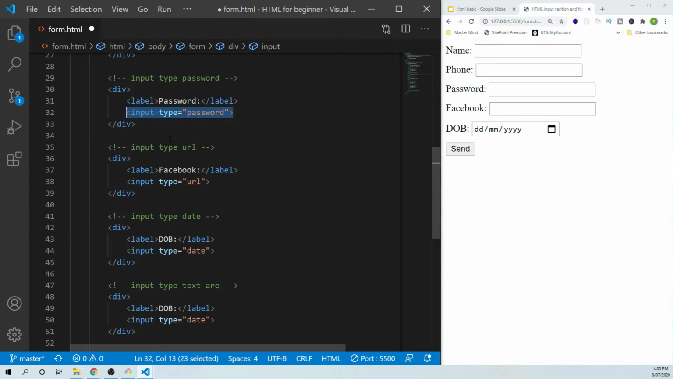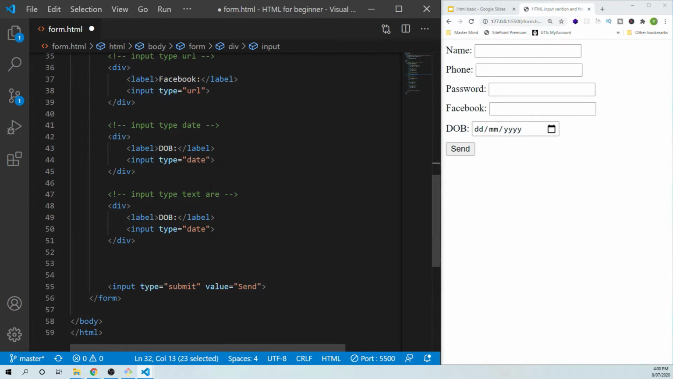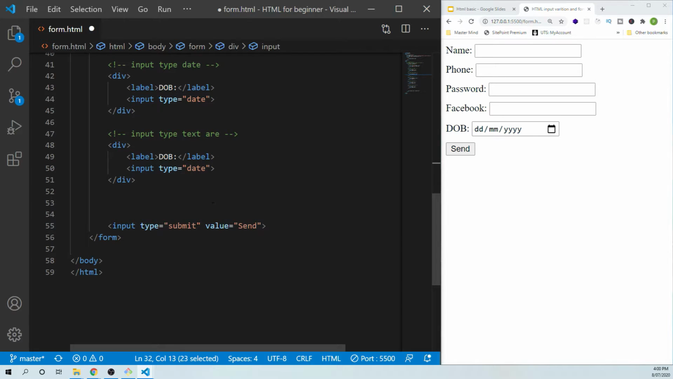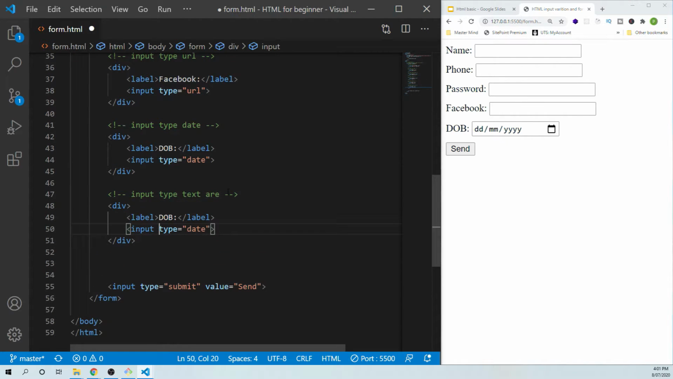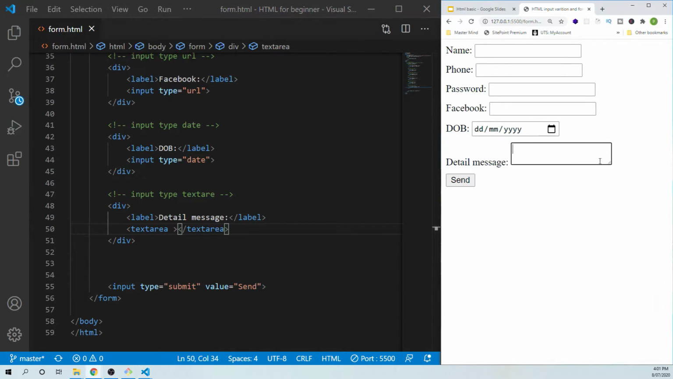Okay, but with the text area we need to close it as well. So text area is the type textarea, and you don't need anything else. Okay, text area. Here you can see a little sign. You can just